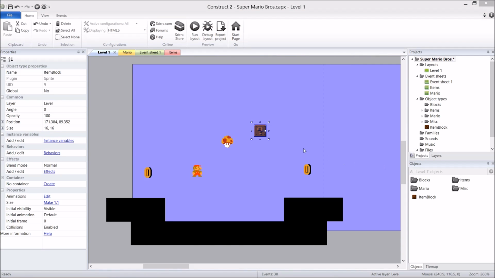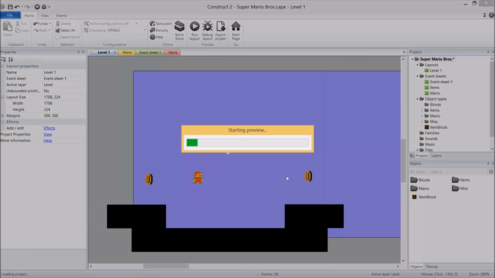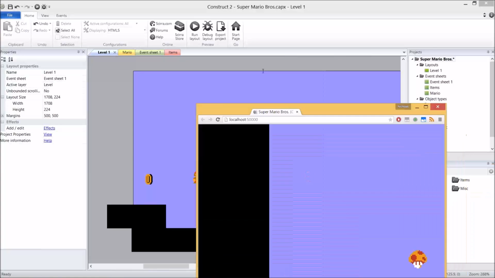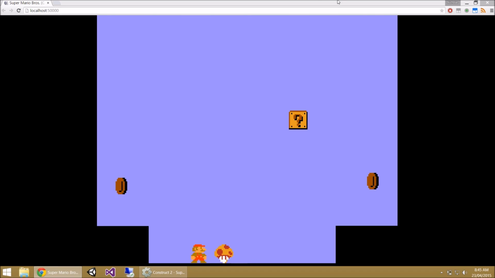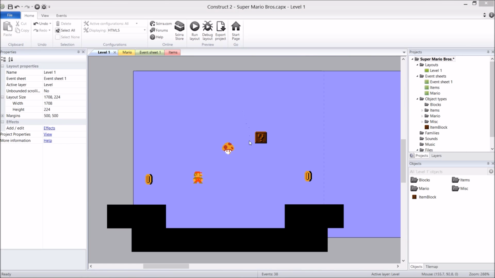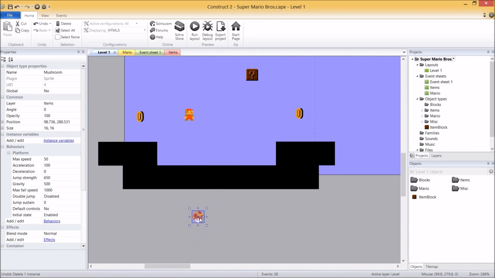The next thing we need to do is set up his behaviors. But before we do, let's just have a look at his animations and see how pretty he looks. Isn't it pretty? Don't know why Mario disappeared. That was a bit weird. Anyway, so that seems to work perfectly fine. I'm going to get rid of the mushroom. He's going to be annoying otherwise. Whoops, I probably shouldn't have deleted him. Yep, I'm going to put him down the bottom.